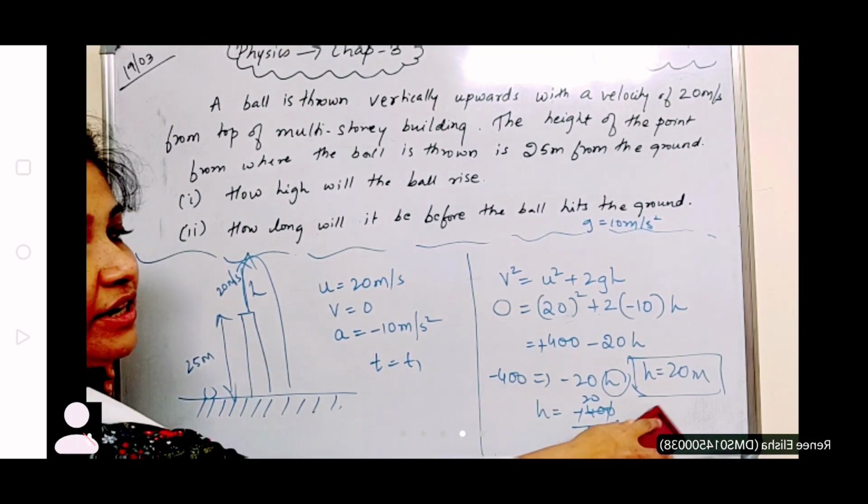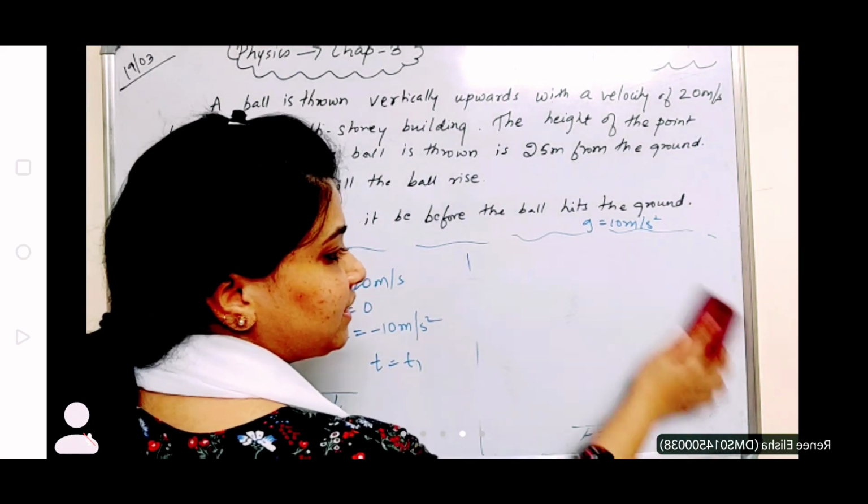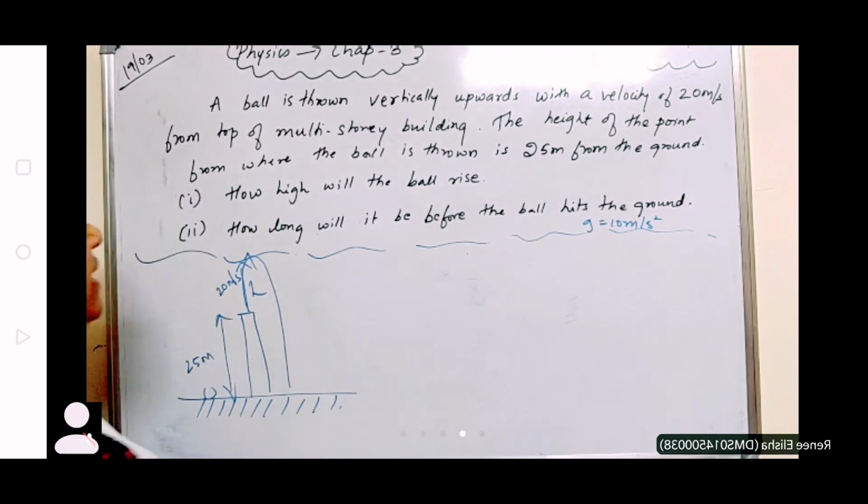Okay, so clear, children. Height we got 20 meters. Alright, now we will go ahead, we have to find the next one. That is time taken. Now how long will it be before the ball hits the ground? Now, as shown in the figure, we have upward motion and we have...